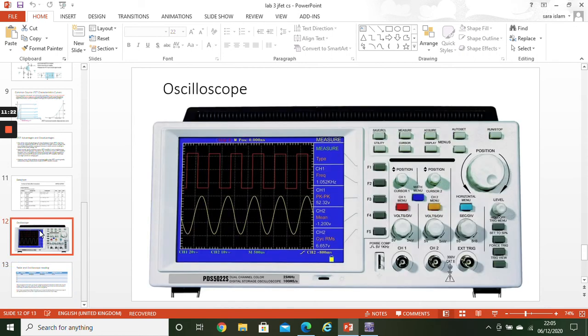So when you are using an actual oscilloscope, this is basically a digital oscilloscope. This is your connection point. Suppose you are connecting it to your input signal, ठीक है। Suppose this is your output, यहाँ पे आपने input signal connect किया है। So what is happening here is that इसके साथ जो cable connect होगी उसमें दो leads होती हैं, one is for your ground and one is for your signal, ठीक है। Similarly यहाँ पे आप connect कर सकते हैं, this knob is for your position and these are your scales, ठीक है। You can see कि 5 volts to 5 millivolts का signal आपका ये oscilloscope read कर सकता है, ठीक है।